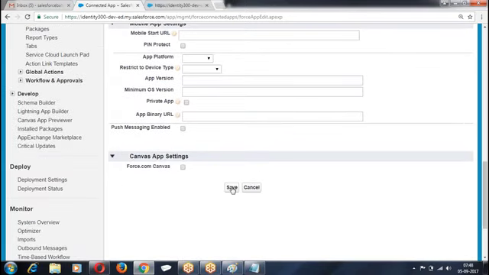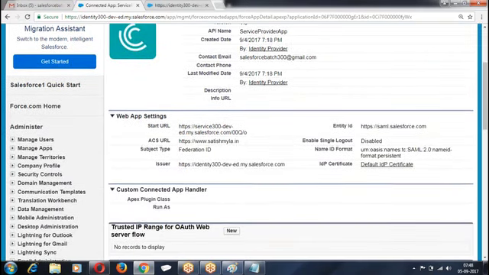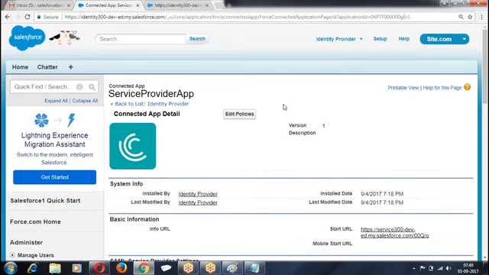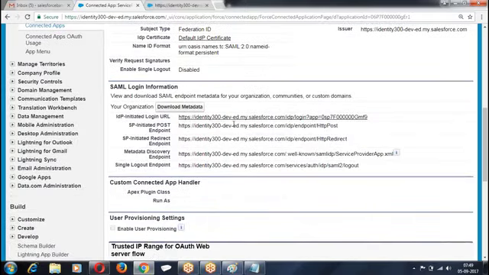Just click on save. So what did I give? Entity ID, ACS and start URL. Subject type is Federation ID and the format. Once created, there is an option here. What is the option? Manage. There is an option called manage. Click on manage. When you click on manage, you are able to see here